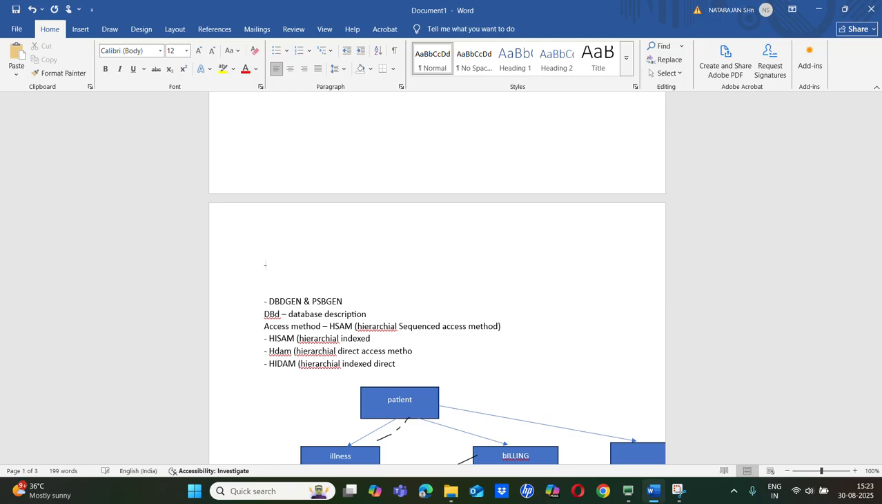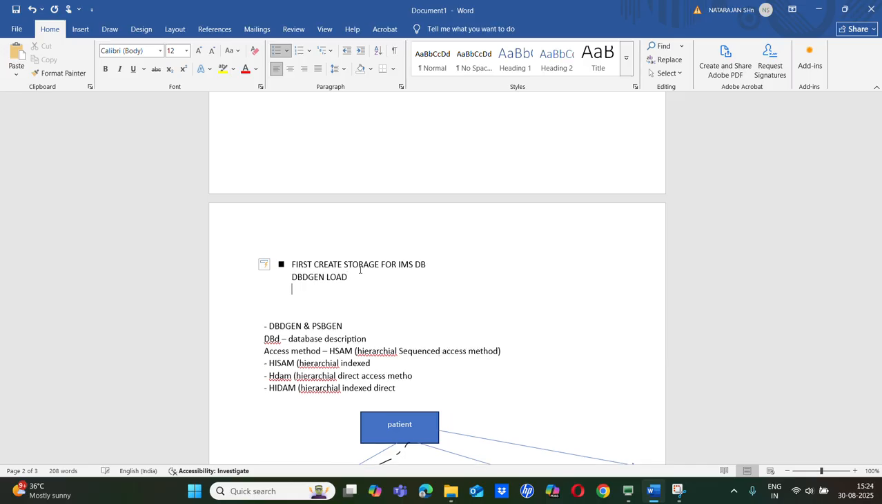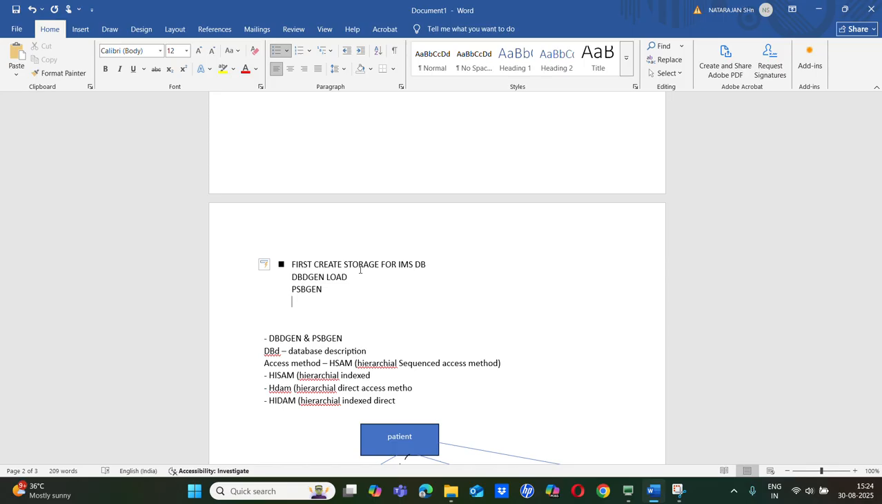So key things you need to do: first you should create a storage for this particular DB. Create storage for IMS DB. Next you need to create a DBD gen, which is a load, not a library. DBD gen is nothing but a load, same thing like a COBOL load. Then you need to create the PSB gen, and then you can code the COBOL IMS DB logic